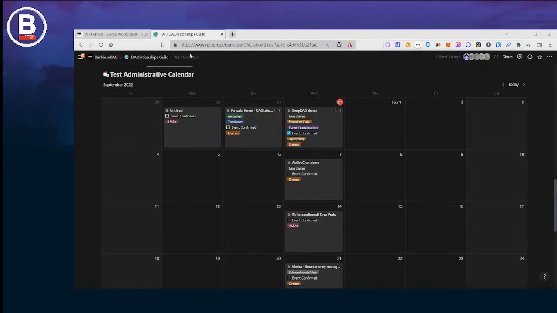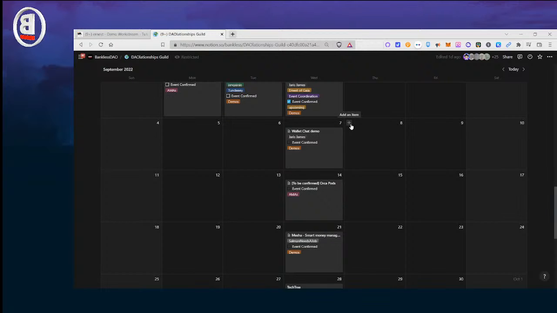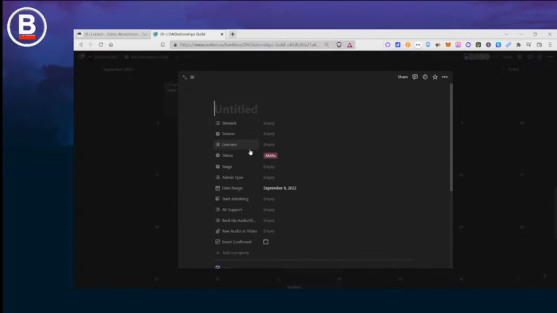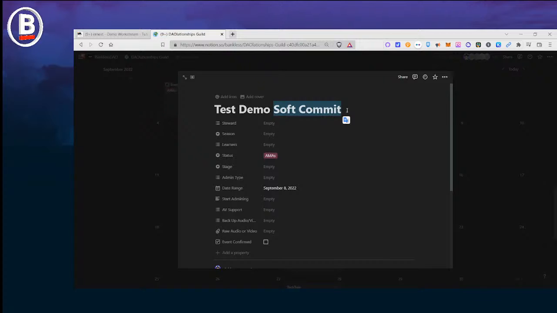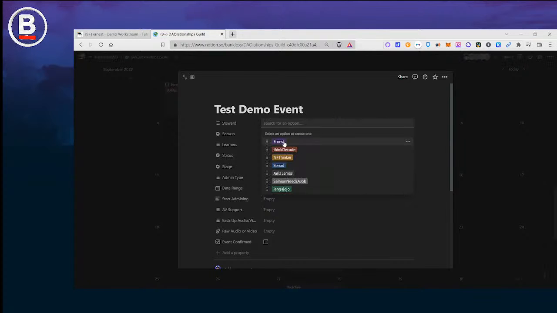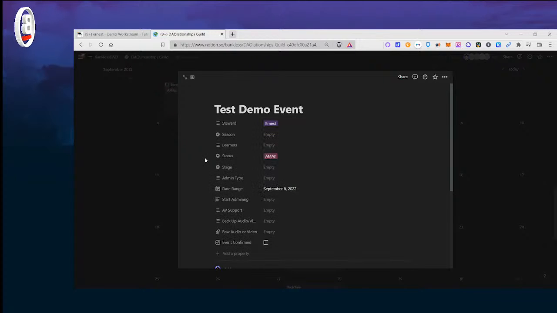And so as soon as the steward gets a soft commit, again, they would come here, they would create their test demo event. They would put themselves down as a steward of this demo.